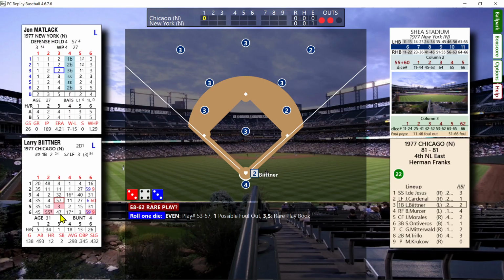And here, this is going to be a rare play check: 57 and a 2. Anytime you get 58 to 62 in column 3, it's a rare play check. It doesn't automatically mean it's going to be a rare play. If you get an even number on the D6, it's just going to be a dribbler in front of the mound, and he'll try to throw out, in this case with 2 outs, the batter. If there are men on base and less than 2 outs, you have a choice of who you want to try to throw out. If we roll a 1, then that is going to be a foul ball,